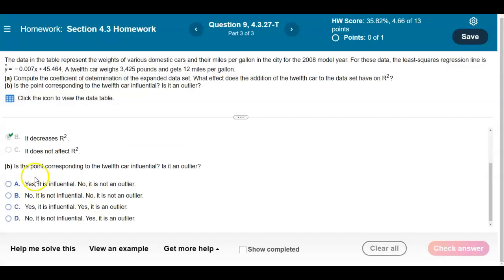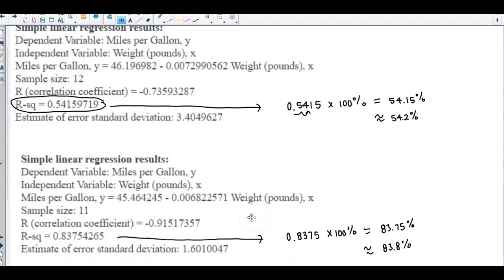Now, in part B, it says, is the point corresponding to the 12th car influential, and is it an outlier? In order to answer the first part, whether the 12th car is influential, we need to look at the equation, which is rounded to 3 decimal places. So let's go back to our data. In this equation, we have y hat equals negative 0.007x